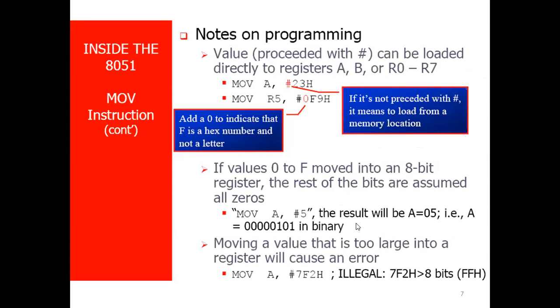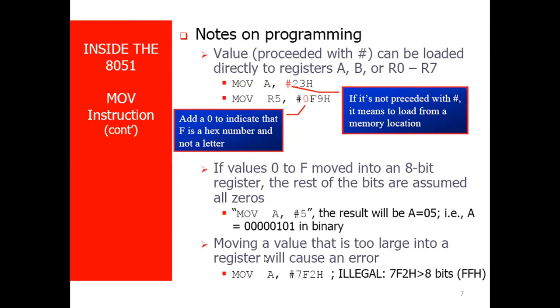So I have discussed all these points. You can see the first point was that a value can be loaded when preceded with the pound sign. Then add a 0, indicating 0 in front of F. Then a single digit will be written as 0 5. And the next point to be kept in mind is moving a value that is too large into a register will cause an error. That is, if